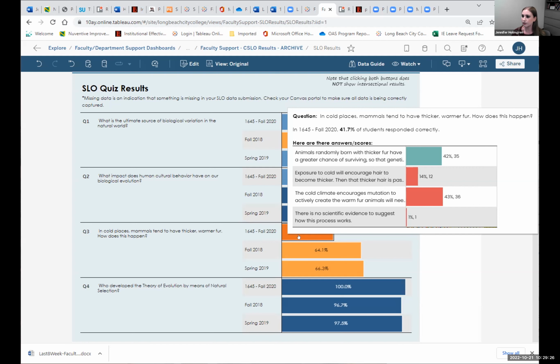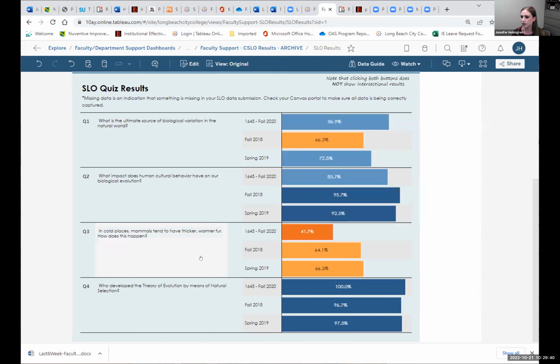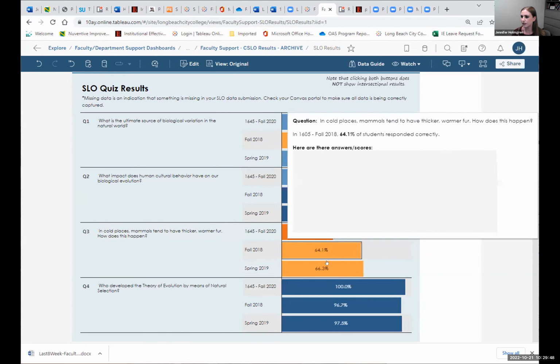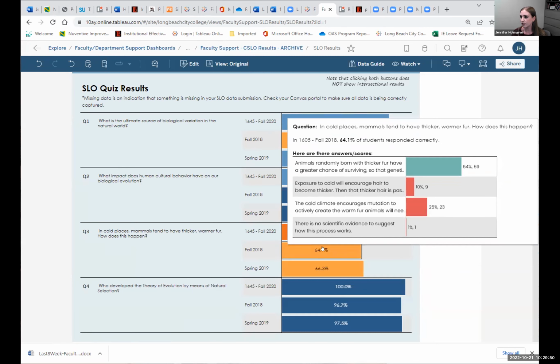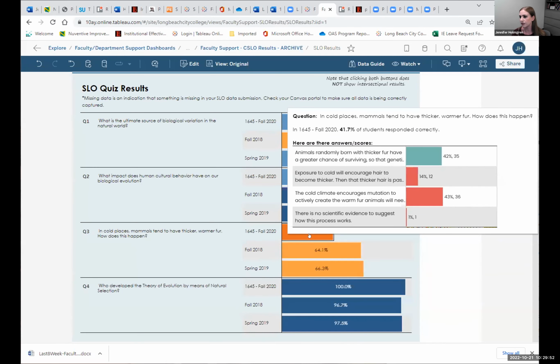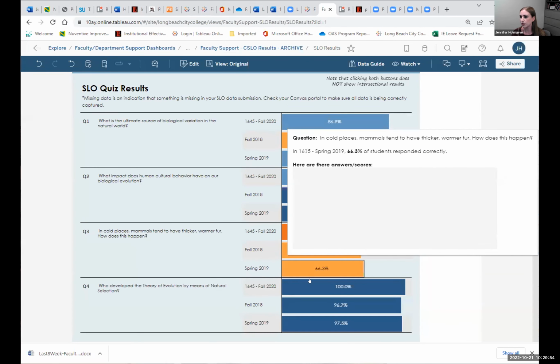And this might be an area of focus in the analysis and action guide to talk through, you know, how are we teaching this concept? Why might students be missing this question? And really focus in on, yes, we have this overall assessment score and we meet the expected level of achievement, but students really are not all understanding this concept to the degree that we would hope that they would understand it, and focusing in specifically on maybe taking an action and analyzing this data more specifically